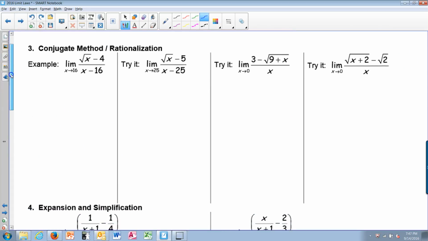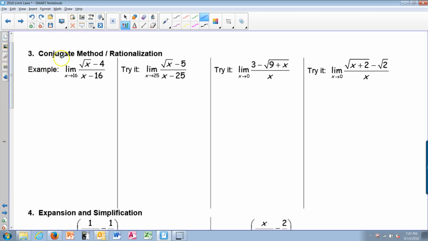The third method is the conjugate method or rationalization. It also should only be done if you get the 0 over 0. If you don't get 0 over 0, then you should not attempt to rationalize. If you get a number, then that is your answer. If you get 0 on bottom, then the limit does not exist. And if you get a 0 on top, that is still just a number, and you're done. So only when you get 0 over 0. So you really should try to substitute first before spending a lot of time that's wasted